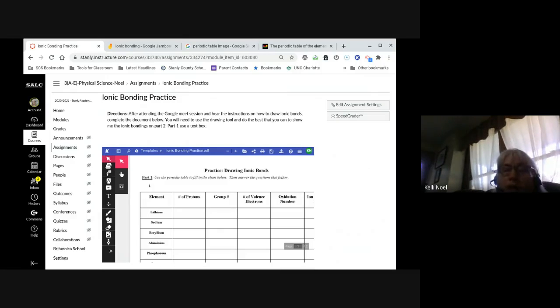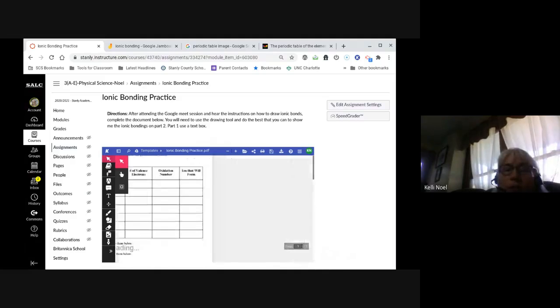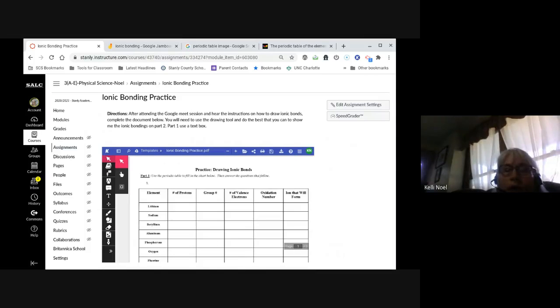All right, so this first part, you're using the periodic table and you're putting number of protons, the group number, the valence electrons. So group number and valence electrons will be the same if your group number is like 1A, 2A, 3A, 4A. But if you don't have the A's, like this periodic table here, and it has just numbers,